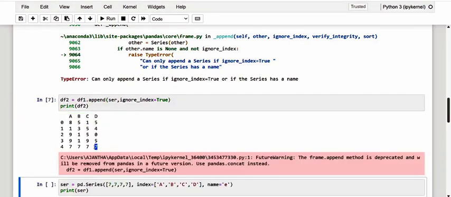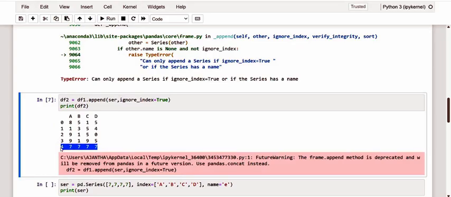So here we go with the added series, and we will have the series at the bottom of the data frame. And dear friends, as we can see, the series has been added at the bottom of the data frame, but the index labels have been lost, replaced by a sequence of integers generated by default. So ignoring the indexes is certainly not an optional operation. A better method would be to define the name of the series during its creation, and if it is not already defined, we can just make it.